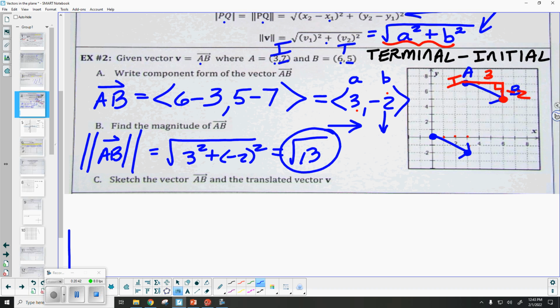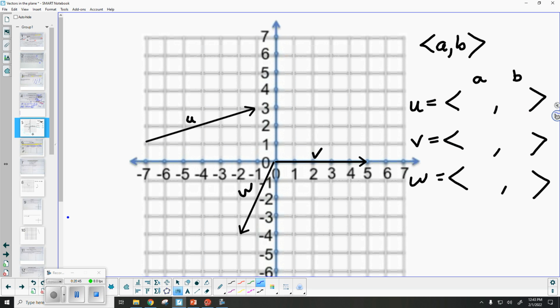Okay. All right. Now, like I said, I have additional slides that are going to help us out with these ideas. So let's say I have 3 vectors here, u, v, and w. I'm looking for the component form of all 3 of them. All right, but before we get there, you'll notice only 2 of these are in standard position. Which one is not? U. Okay, so everybody's unanimously saying u, but what am I talking about? What has to be at the origin if it's in standard position? The initial point, the tail. There we go, exactly. So the only one whose tail, initial point, is not at the origin is vector u right here. Here's the initial, here's the terminal.